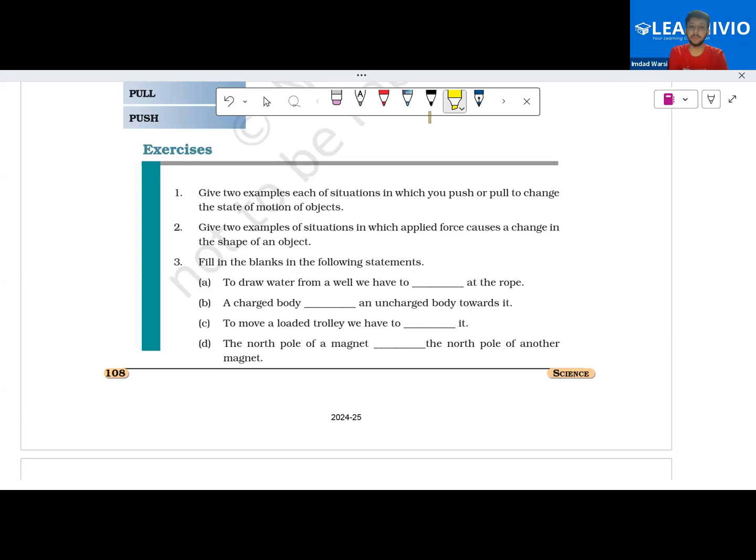Not the door example, some other example that changes its shape. Clay. Yeah, that can be an answer. Clay. What clay? I mean, just clay. It's a proper sentence. Like we play with clay, so if we apply force, the shape of the clay is changed, right? We apply force and the shape of the clay is changed. That is what you meant to say. Yeah. And second example,